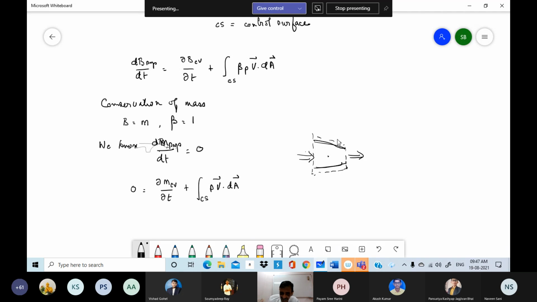So then, if I have something called steady state, steady flow, in that case, the property in a control volume does not change with time. In that case, I have, if I assume steady state, steady flow,